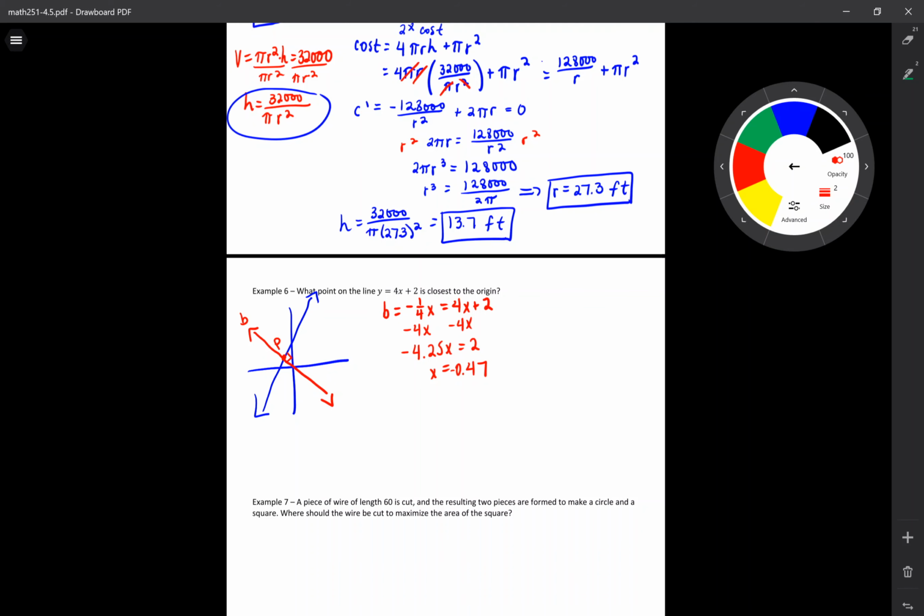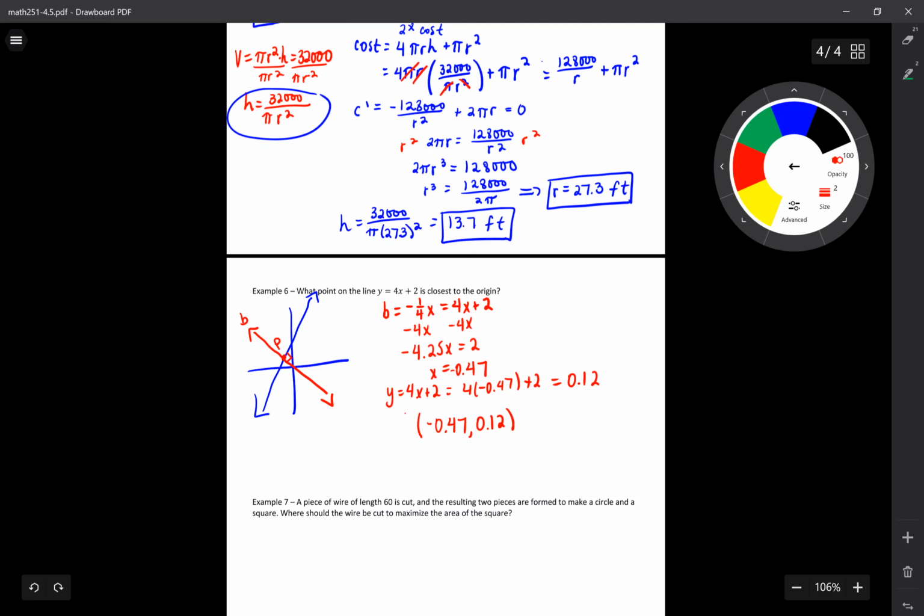And then to solve for y, I can plug it either into my b line here or my regular equation. So I'll say y is equal to 4x plus 2, which is 4 times negative 0.47 plus 2, which is 0.12. So the point that is closest to the origin on the line y equals 4x plus 2 is the point negative 0.47,